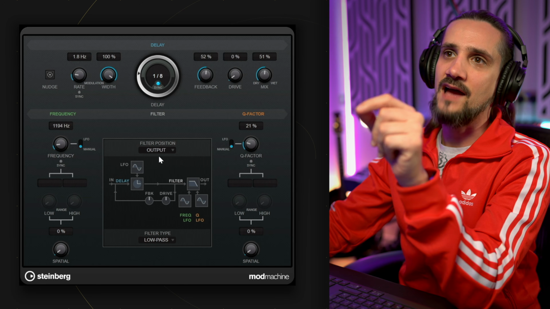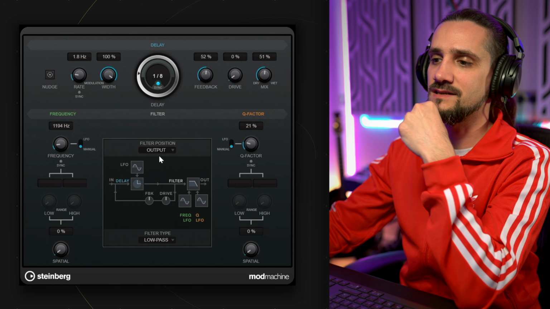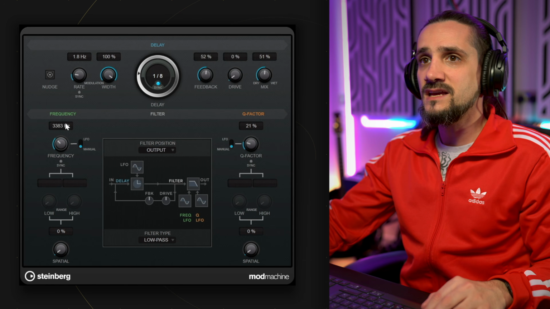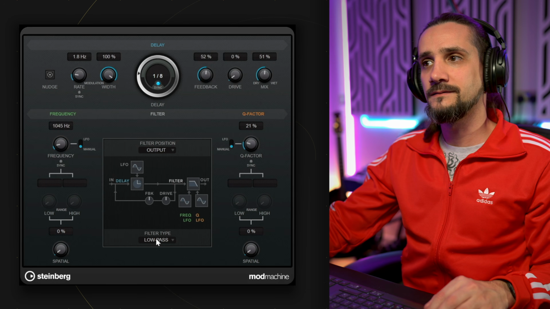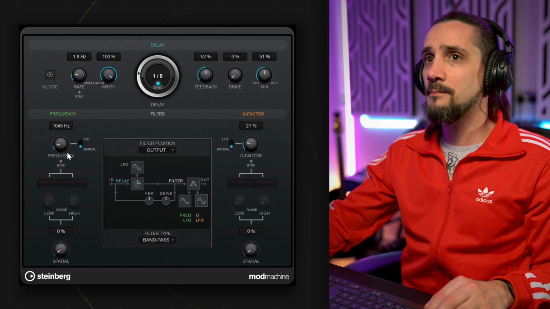So most of the times I have it set in output, to be honest with you, because it's a more obvious effect. So as you can see, I'm just using a filter on the delay line, and I can have low pass, band pass,